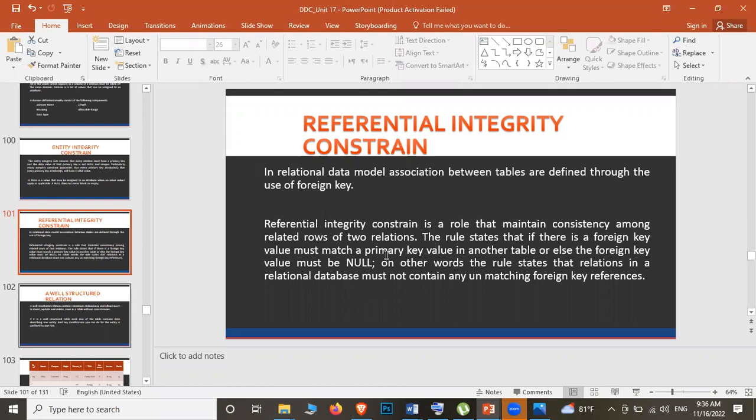Okay, we can say it like this: assume that there's a table, you know about this foreign key. One table will have a unique key, right? If we are using that unique key in another table, that is known as a foreign key. Right? I taught you that at the very beginning. I explained what a foreign key is, didn't I? If the primary key in one table is used in another table, we can call it a foreign key.